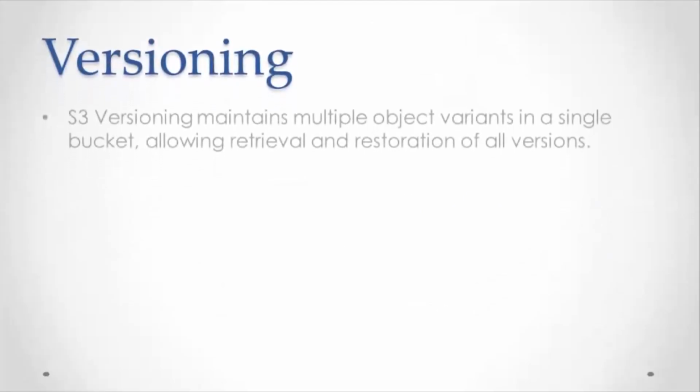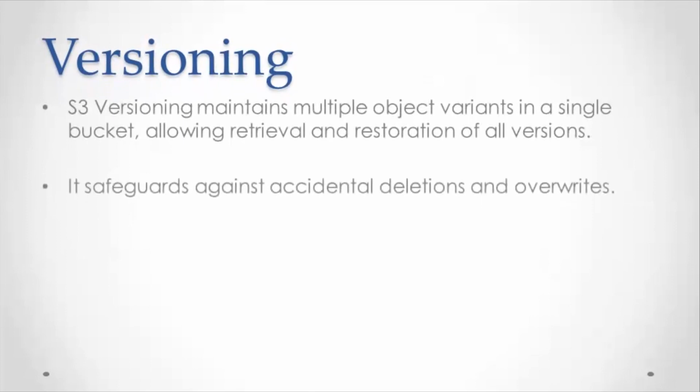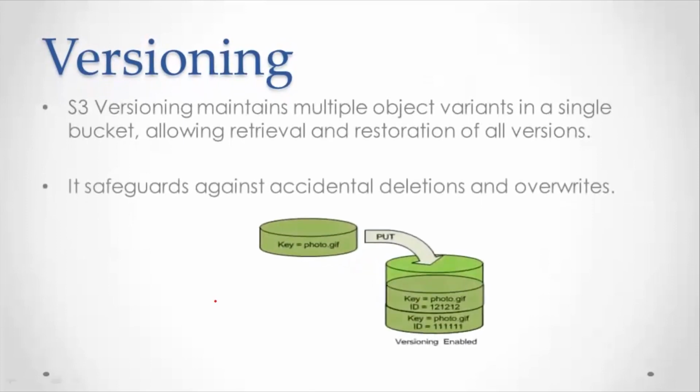So what is versioning? Versioning basically allows you to have multiple versions of a file. To understand, let's take a simple example of a PPT that you made for your boss, and you named it Project 1.0. You go and show it to your boss, and he asks you to make some changes. You then make all those changes, and now you name it Project 1.1. Finally, after you've done all the changes, you go to your boss, and he's happy with it, and he wants you to release it now.